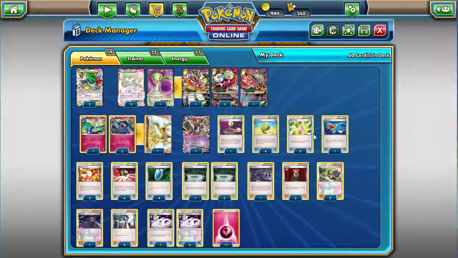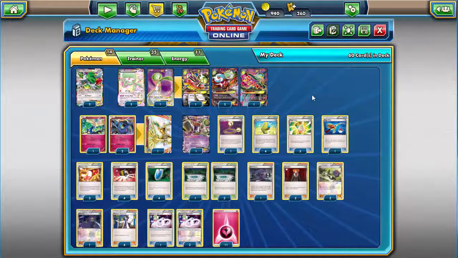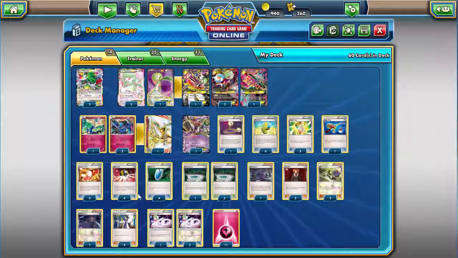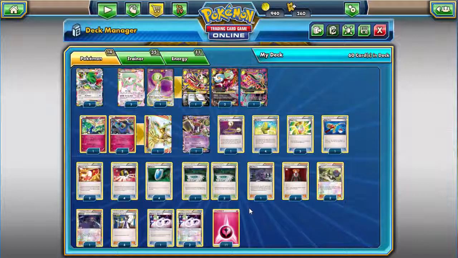But Mega Turbo has saved me in a few games and whatnot, so I might keep playing around with it. Maybe I won't. Super Rod, pretty self-explanatory. Shuffle back the energies that you need, shuffle back any Pokemon that you need to get back. Trainers' Mail, Pokemon Fan Club, and so on, standard 4 Ultra Ball, 4 Reverse Seeker, 4 Sycamore, 2 and 2 Lysandre,